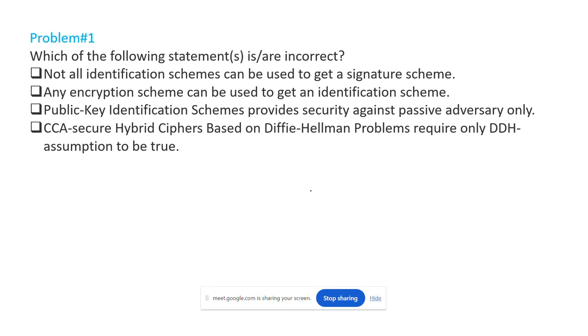Okay, I think I should discuss this, because probably the discussion of how to get a signature scheme from an identification scheme was not included in this week's topics. It will be next week's topic. So the statement is false. Actually, all identification schemes can be used to get a signature scheme. There is one transformation, the Fiat-Shamir transformation, with which basically you can have any